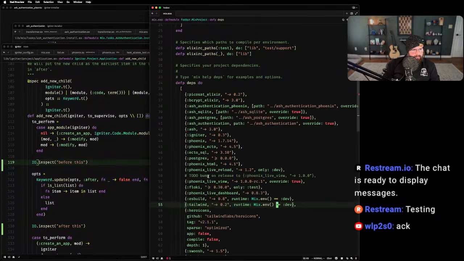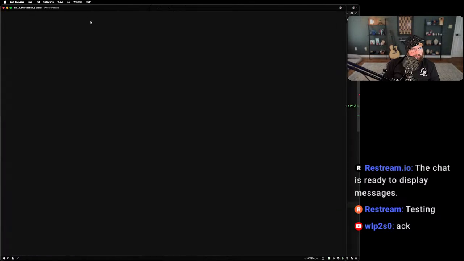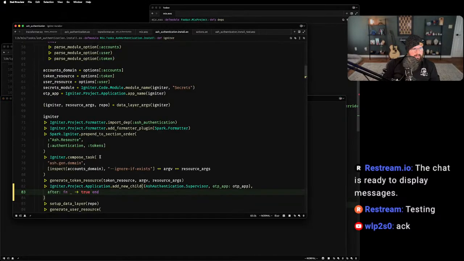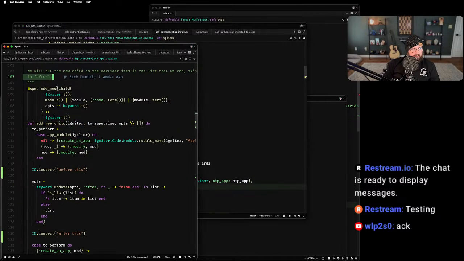I don't know if y'all saw that, but if we remove the after option from add new child, everything works just fine. So it has to be because we provided the after option.